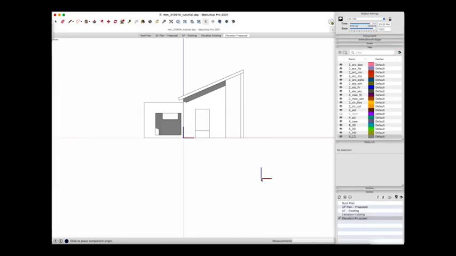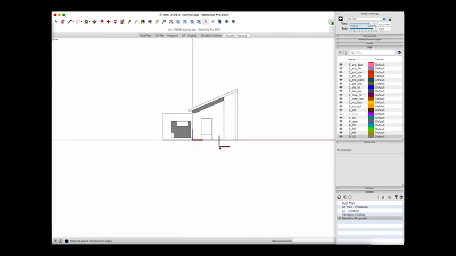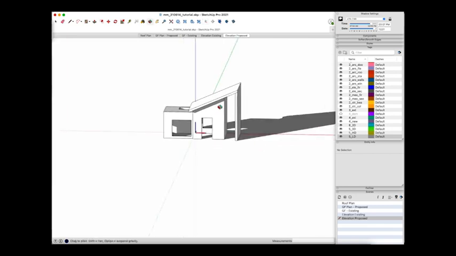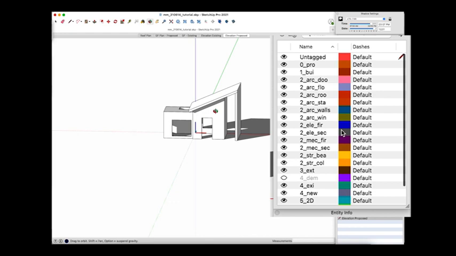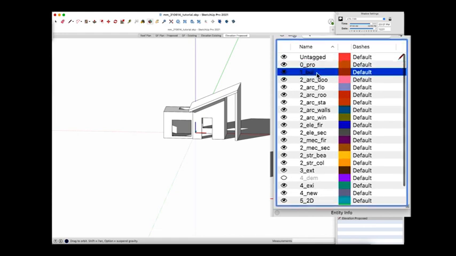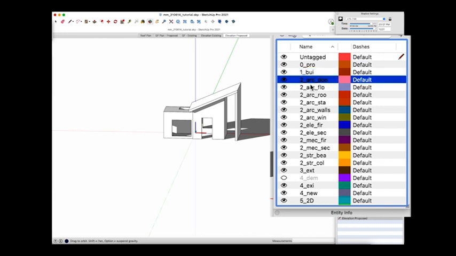So as you can see here, we have a little model that is representing a small construction. The thing I wanted to point out here are primarily the structure of the layers. In the new version of SketchUp, layers are now called tags, but it's exactly the same thing. And as you can see here, we have in a kind of logical sequence, number 0 for project, number 1 for building, number 2 for all the architectural components such as doors, floors, roof, stairs, walls, windows, and so forth. And then we've got for electrical design